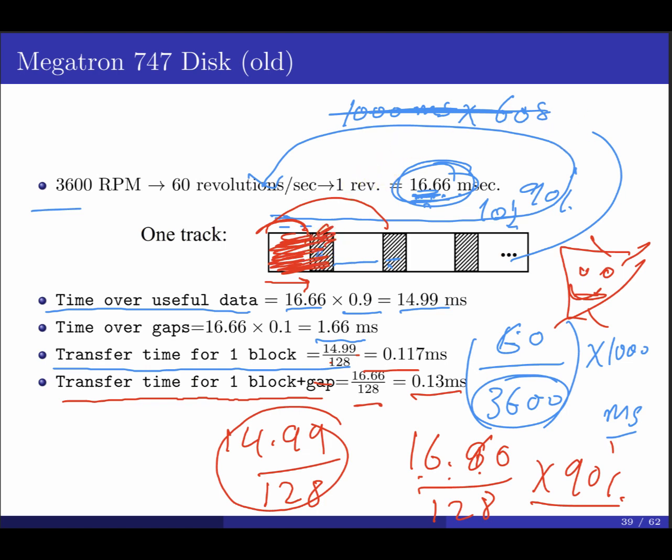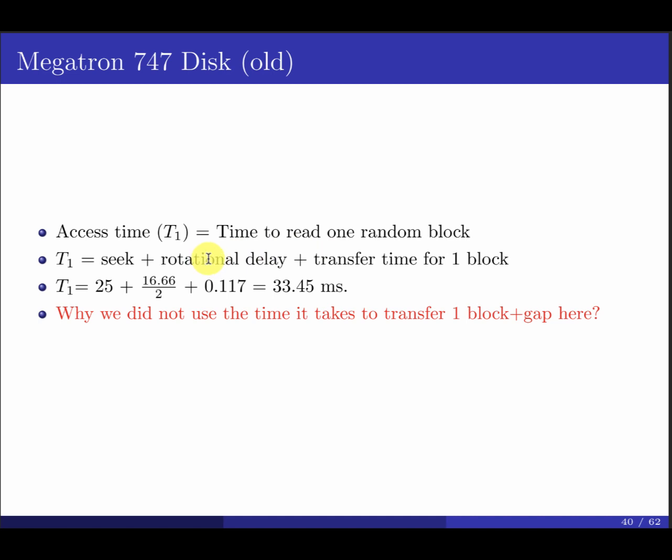Okay, so let's take a look here. I need to compute the access time. So we have to take the seek time, rotational delay, plus the transfer time for one block. This is the access time to one block, okay? So the seek time is given, 25, and the rotational delay is going to take half the time needed to complete one rotation. We did this one, 16.66 divided by 2. Then we have the time that we need to spend in order to